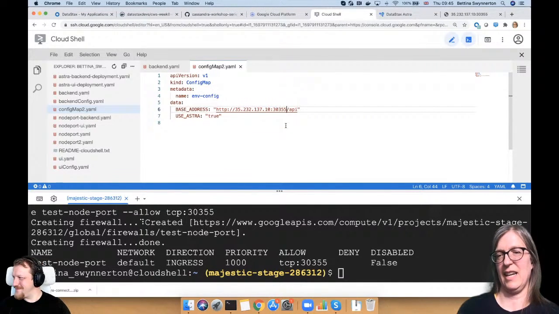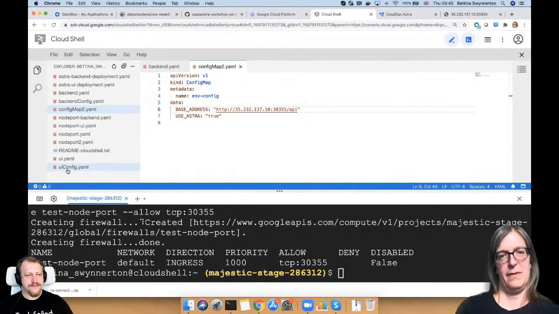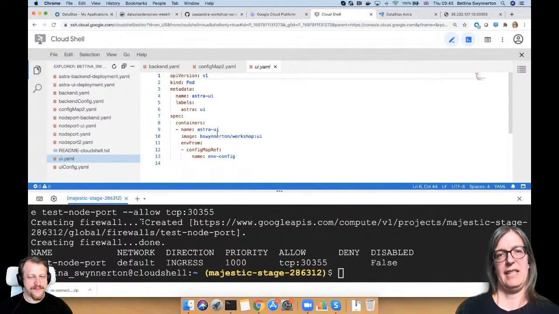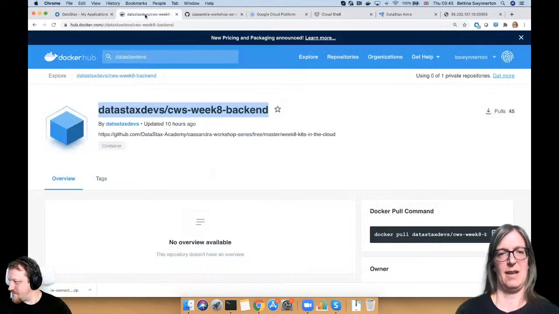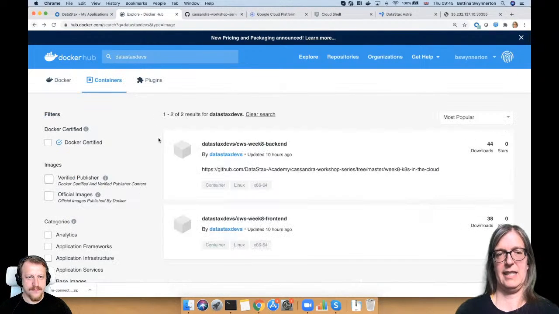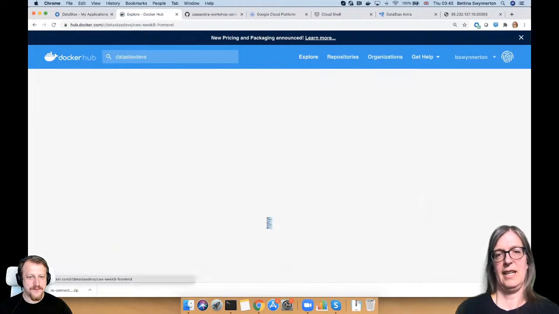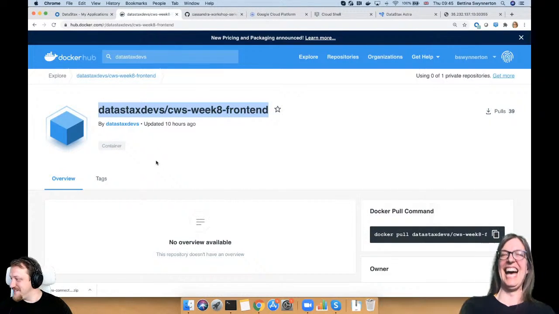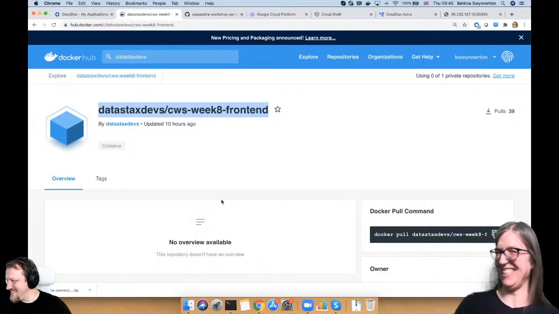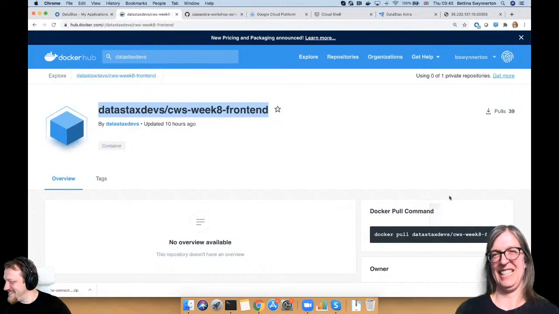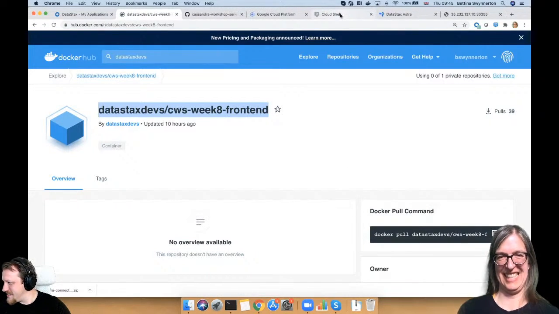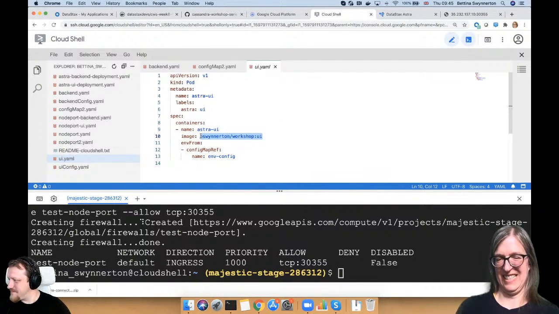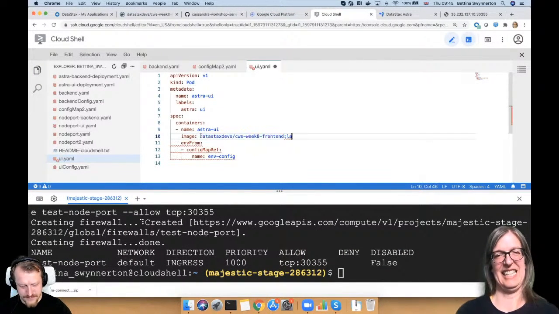And then we do the same for the UI YAML, right? So we again update it with the right images. So these were my test images until Alex came up with this wonderful automation there. So we need to put the right image in there. Yeah, Alex is very lazy. Alex automates everything. I love it. I learned so much. It's awesome. So we put that into here. And I'm still using the latest tag here.